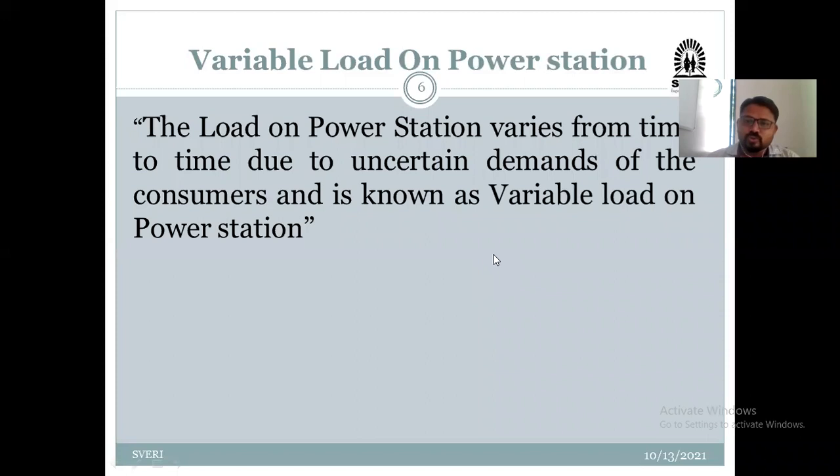Whatever the Pandharpur city's load is, that is on that particular substation or generating station. If that generating station supplies electricity to Pandharpur as well as Sangola city, then on that particular generating station, Pandharpur city load is there and Sangola city load is also there. Okay, have you got the concept?